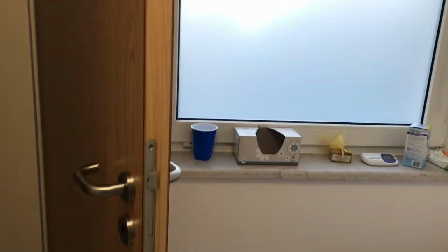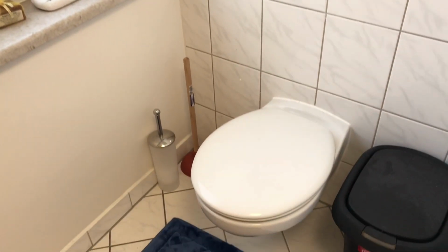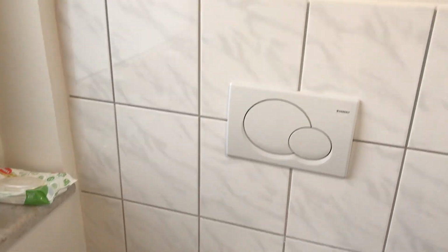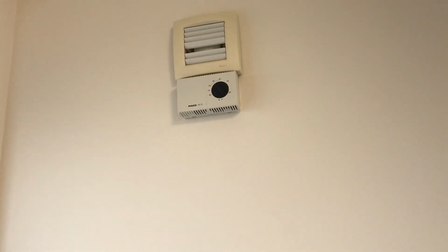The tub is decently sized. This is an American curtain, so I didn't have to get anything special. And then there's a frosted window and the toilet. So again, it looks different. 2 buttons for the toilet. That is a dehumidifier. So